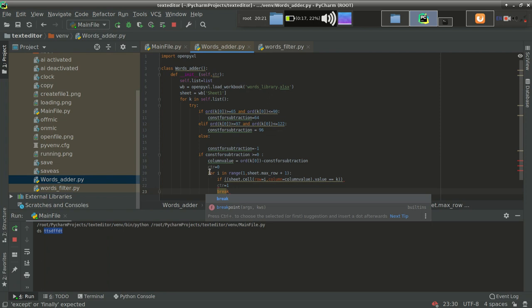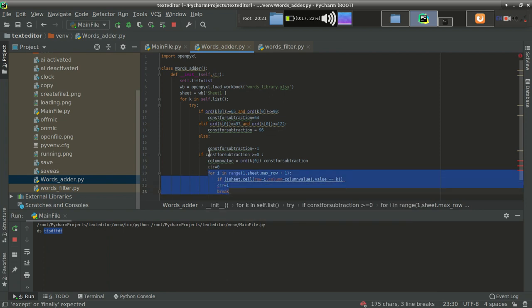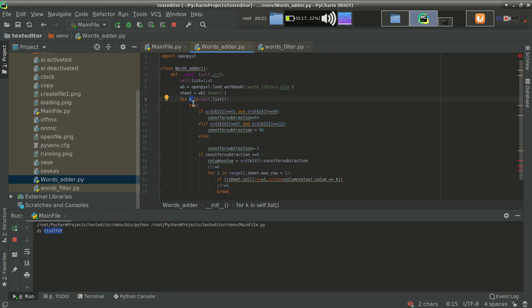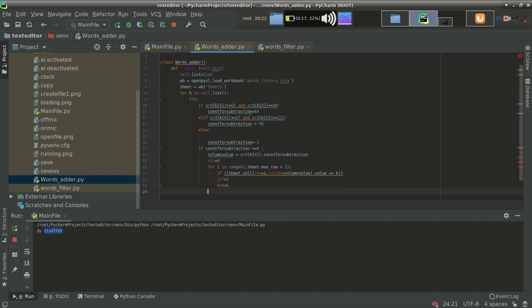Now if this for loop breaks, then this loop terminates and the value of k will be changed and we will get the new word, because that previous word is already present in the Excel file. So the loop breaks and we will continue with the next one. This word will update. So now suppose that if I do not get the same condition, or I can say that, yeah, there is a syntax problem.